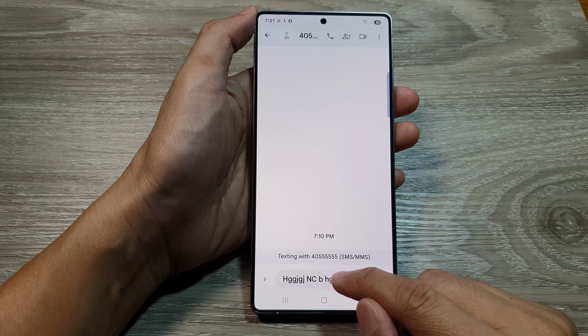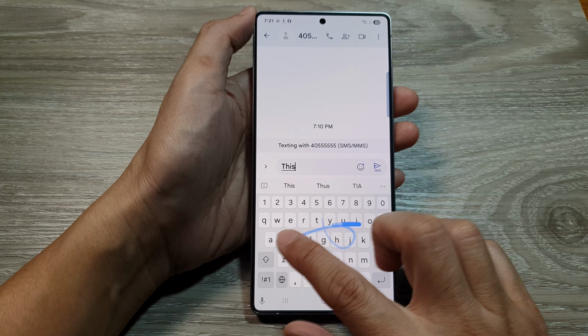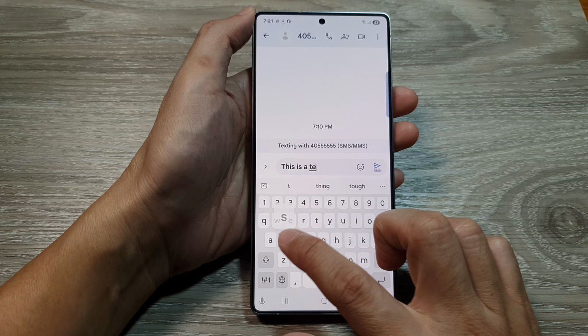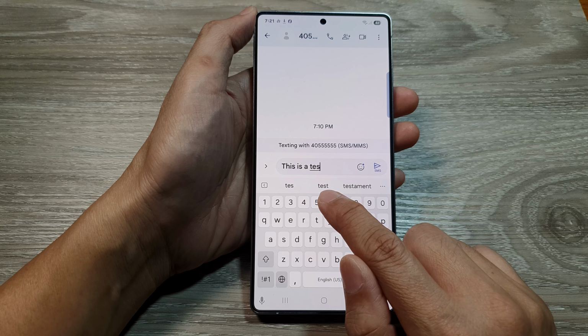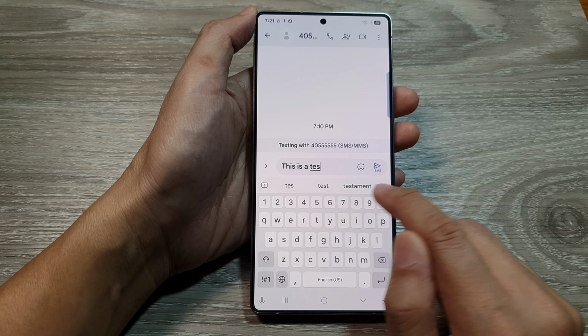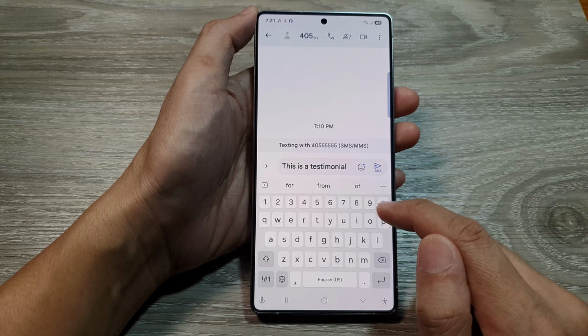Now, if you open up your keyboard when predictive text is switched on, you can see when I write something, it will suggest what you are trying to use, and it will offer you some of the things, some of the words that you can tap on it to use it. And that is